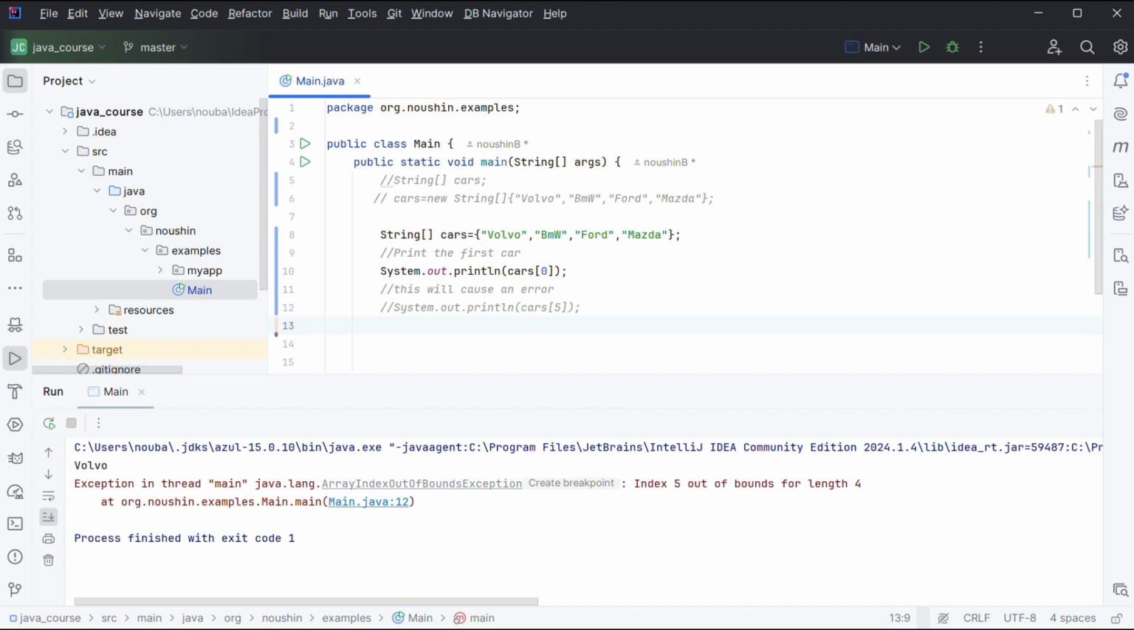Also, you can modify an element in an array just by using its index. Our last car is Mazda. We want to change it. Cars, square brackets. Inside the square brackets, we want the index of Mazda. It should be 0, 1, 2, 3. It's 3, okay? Equal, for example, well,